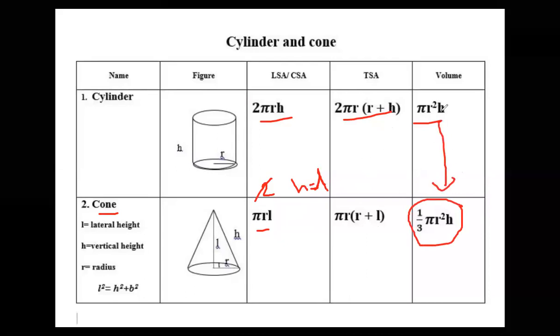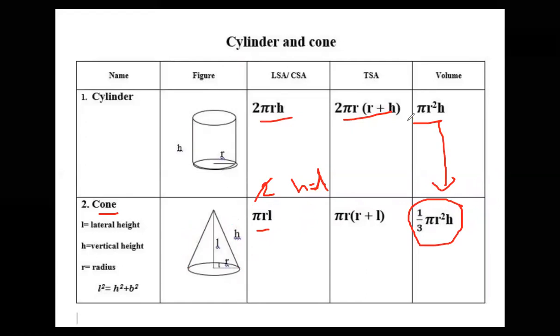What is the formula for volume? Pi r square h. Whatever the straight figure, and if the figure is pointed in this way, then in this case we need to write 1/3. If it is straight, it is just a cylinder. But if instead of a cylinder they are pointed like this, then we have to multiply by 1/3.